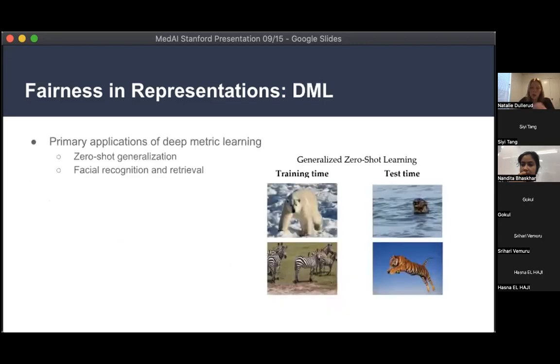Okay. So why does this not work quite as well in deep metric learning? As I was saying earlier, the primary applications of deep metric learning encompass zero-shot generalization, facial recognition, and retrieval, which is often a direct use of zero-shot generalization, and it clearly has fairness implications. Now, like I said, there's been a lot of exploration of transfer learning, but again, a lot of this has been empirical, and it's obviously untenable to test all possible downstream applications of a certain representation. And there's some abusive language in the generalization literature, but in this context,